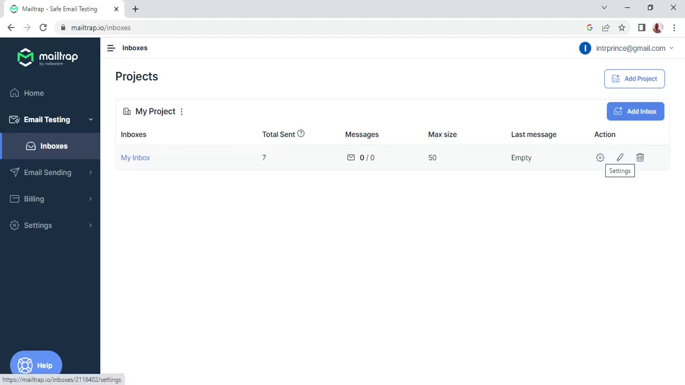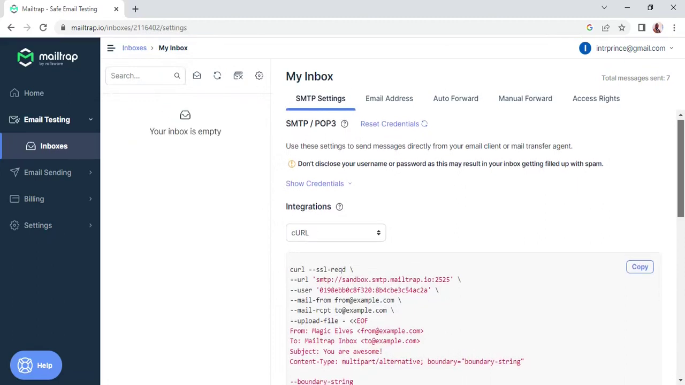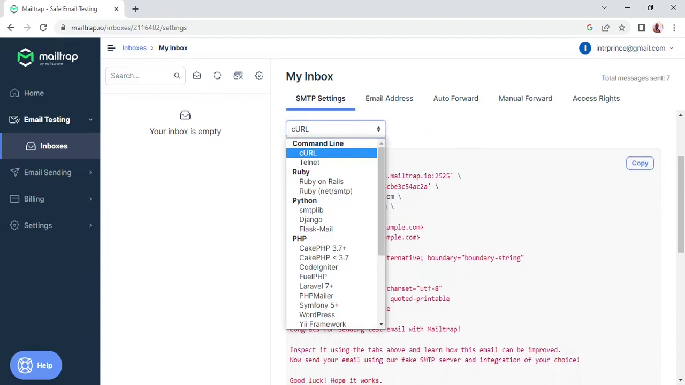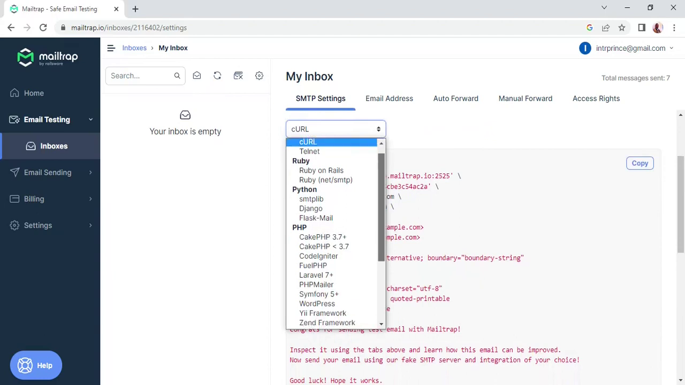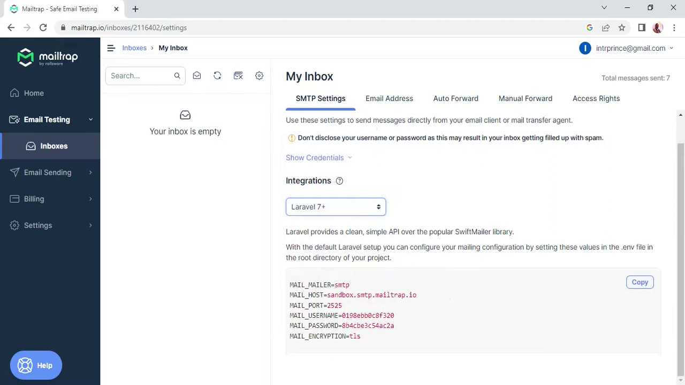and then we are going to look at settings. So I will click settings, and under settings we are going to get the test credentials that we are going to use in this case. So I will change from what we have here. Whatever is selected at first is Curl. I'm going to change it to Laravel 7+, so Laravel from version 7 upwards. So that's what I'm going to select,